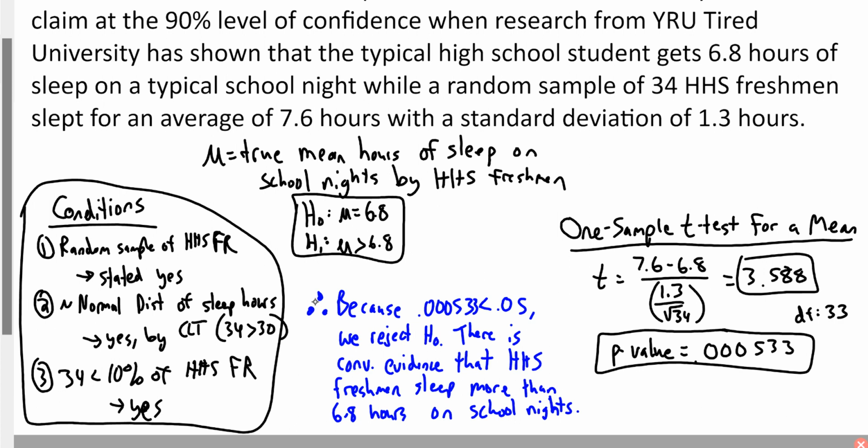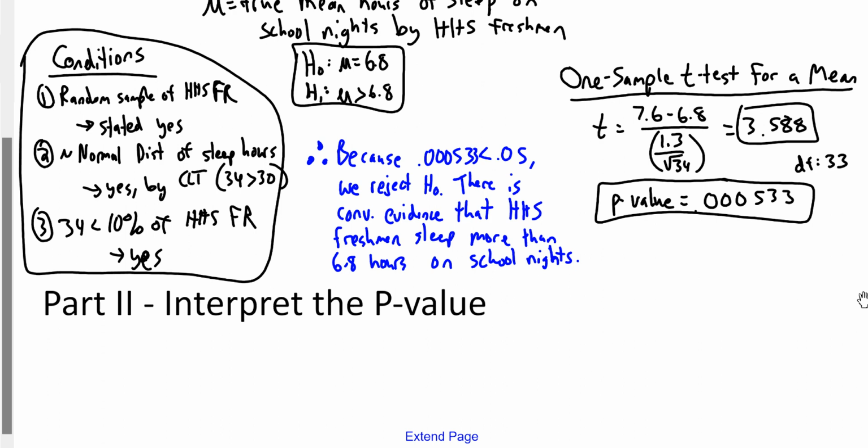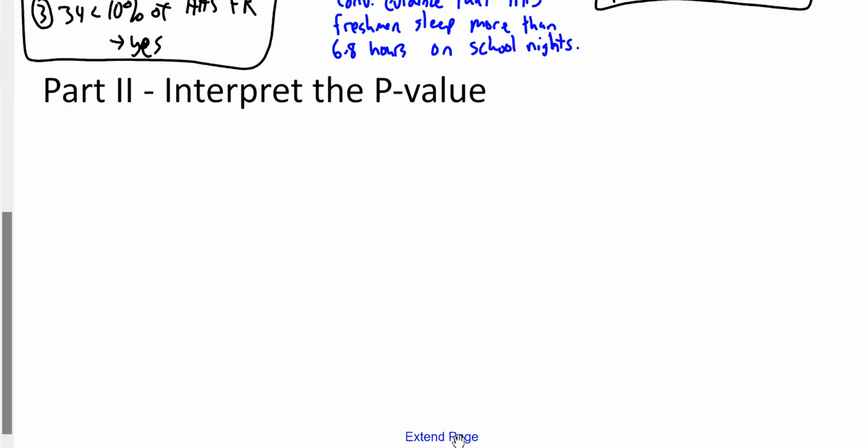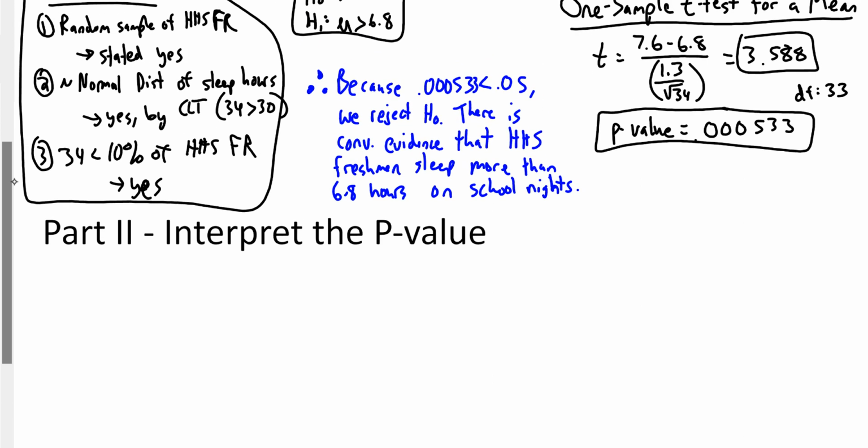So that's our test. Now, follow-up question. Do you remember how to interpret that p-value of 0.000533? So let's revisit that. You should have it in your notes or on your yellow sheet, but this is where we're assuming that the null hypothesis is true. Okay, we're testing everything based on that assumption. So assuming